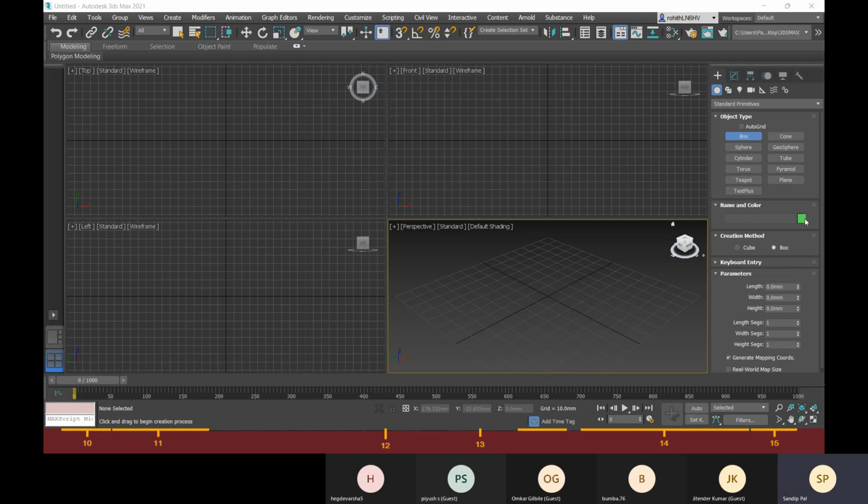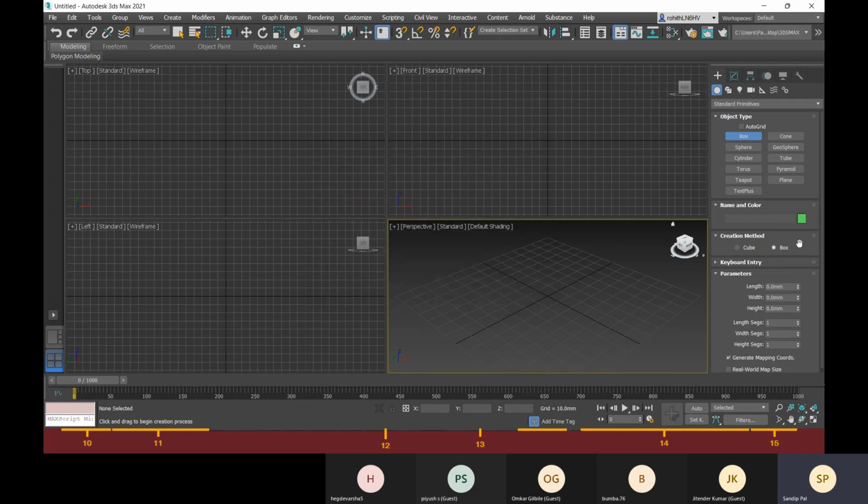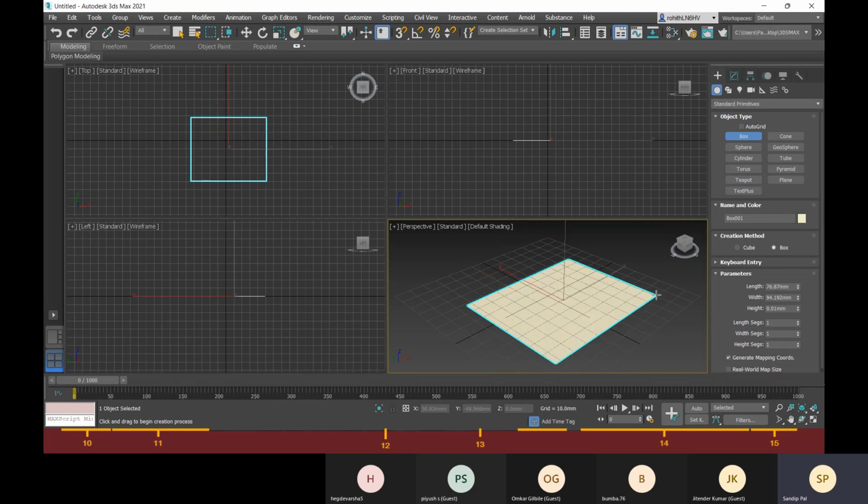Here is how you can create it. First, you can see this is the color. You can change the color if you want, and define it first. Then if you want to create a cube, keep it as box checked, then click and hold your click and drag it to the particular location or area you want to define.